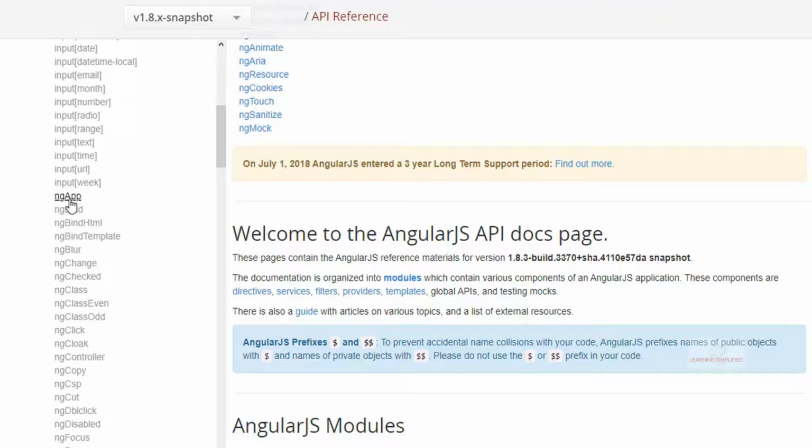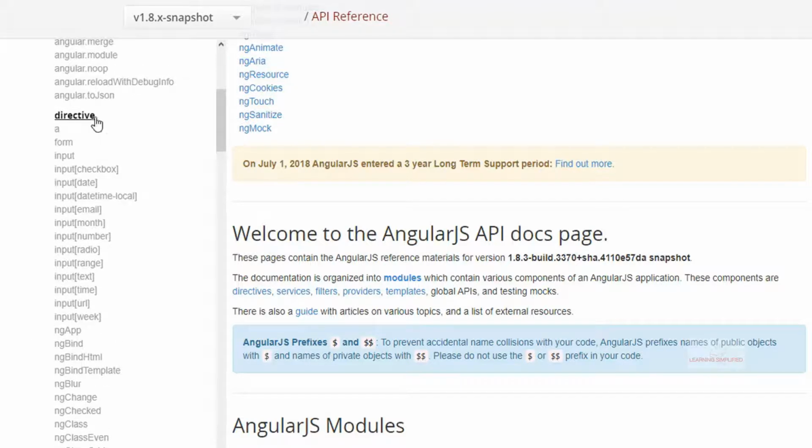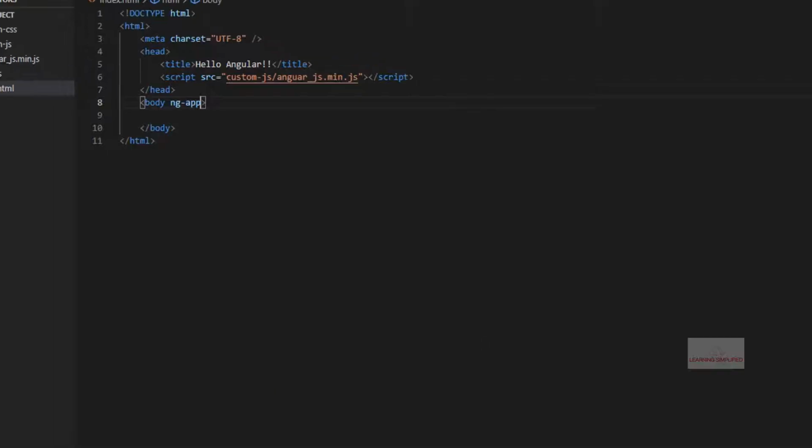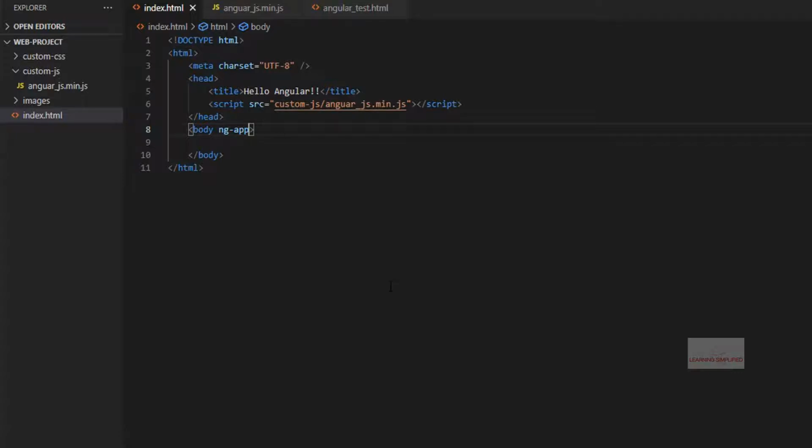And here goes this ng-app that we had made use of. So the purpose of using this directive is to bootstrap AngularJS into our project. We'll soon see what it exactly does, but first of all, let's see whether AngularJS is connected to our project or not.